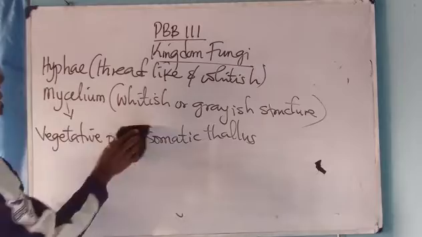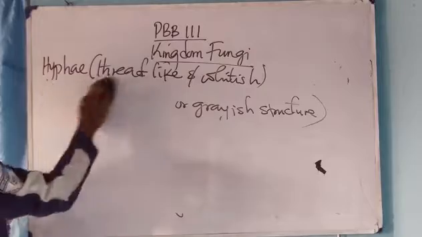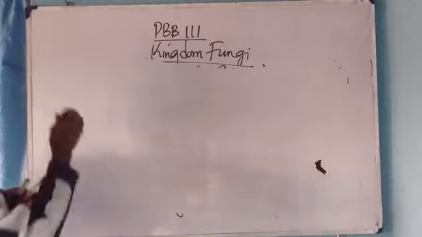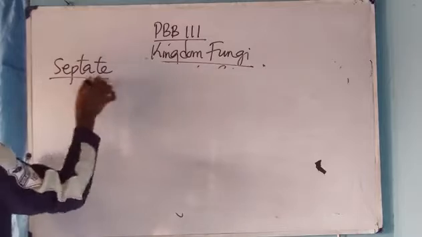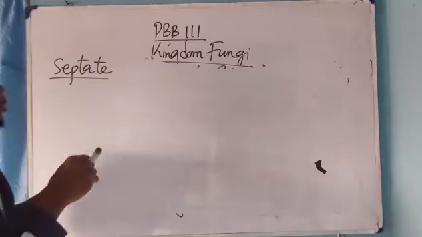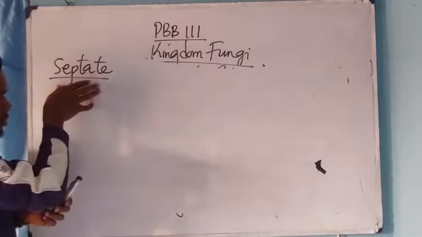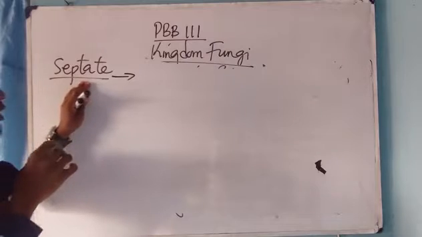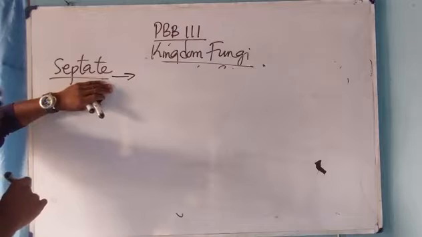Alright, cross walls. The hyphae of some fungi are divided by cross walls. Now, these divisions are called septates. Now, when the hyphae are divided by cross divisions, that is when the hyphae are divided into different parts, we call such hyphae what? Septate. An example of a fungus that possesses a septate body, septate hyphae, is called